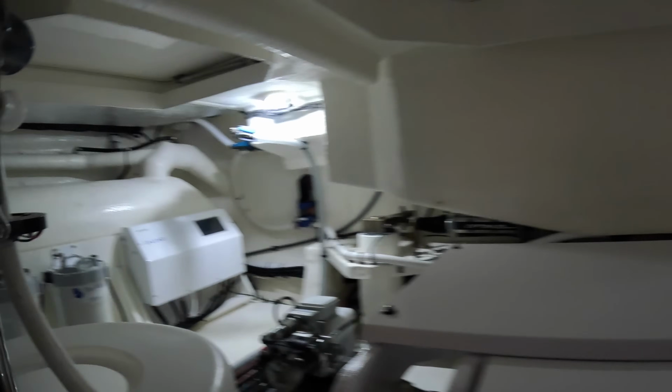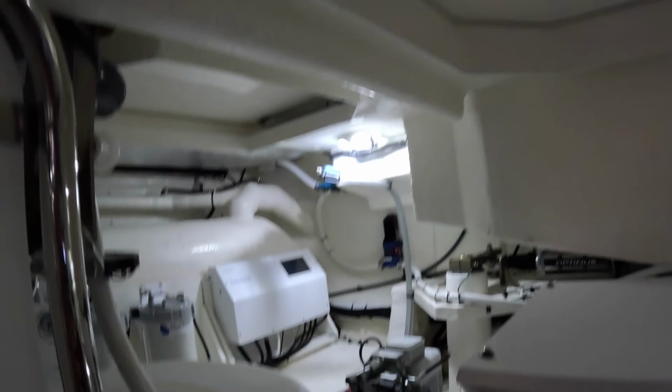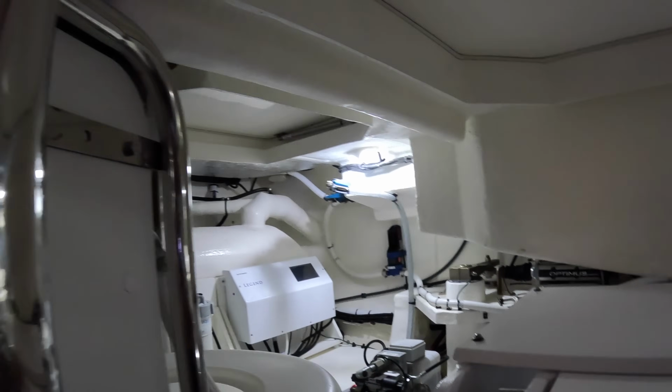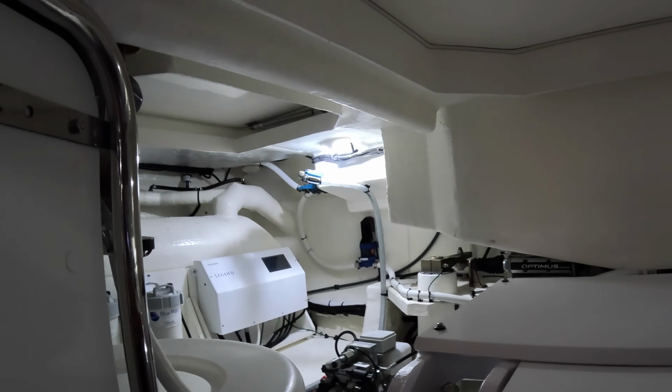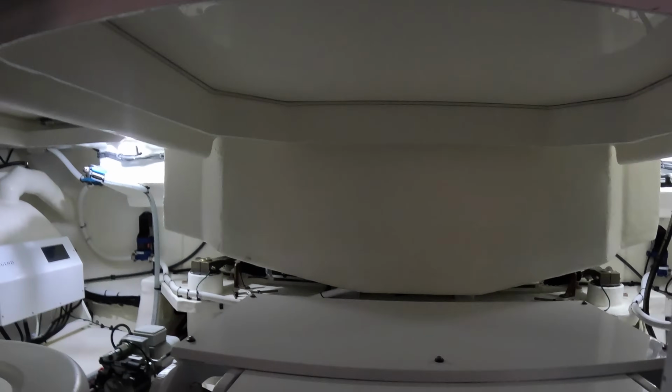And we can come right on back. And you can see the hatches. These hatches are down from the cockpit right at the back of the boat. So you can get into there without having to come through here if you want to. It just means, obviously, from a maintenance point of view, it just makes everything a little bit more accessible. If you spin on round,